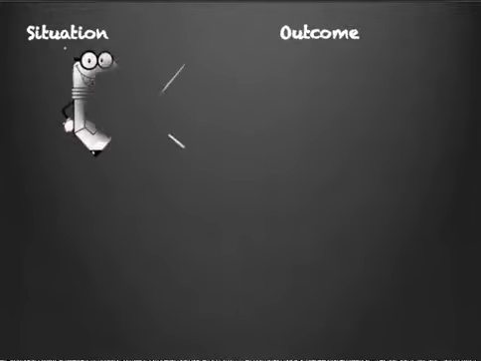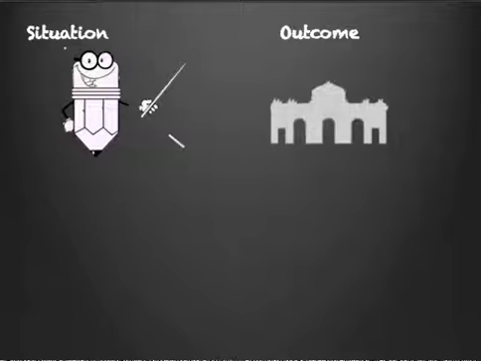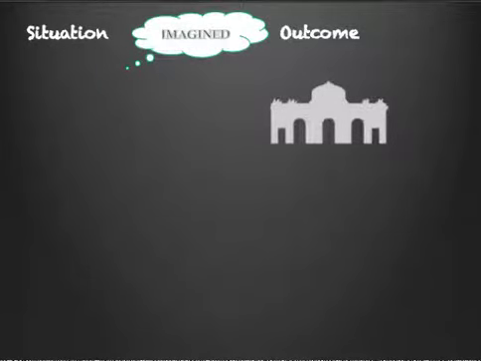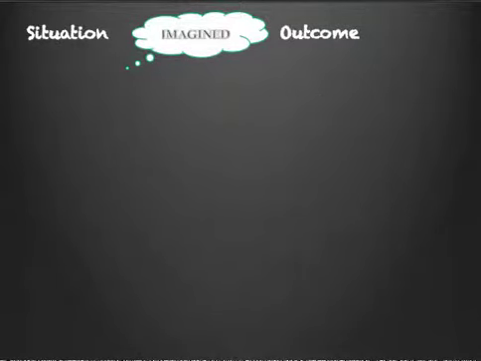So what does that look like in practice? Well, if we think about a situation and an outcome, in my case I became a teacher in 1990 and the outcome or the result was that I moved to Madrid. Now if we imagine that situation slightly differently, if we imagine that I never became a teacher, so if I hadn't become a teacher, then I wouldn't have come to Madrid and I would have gone to London.